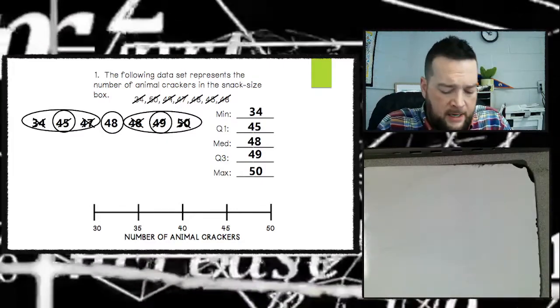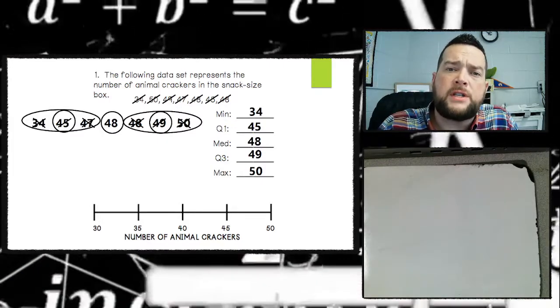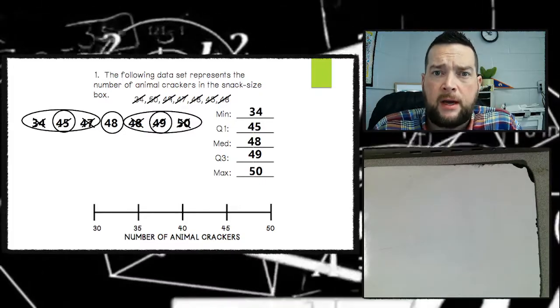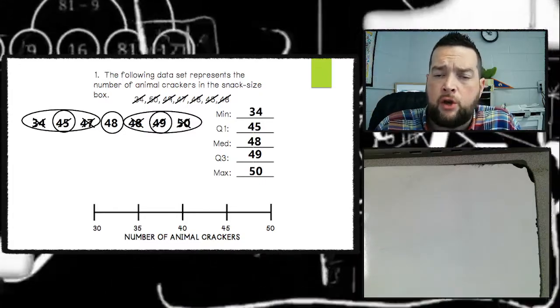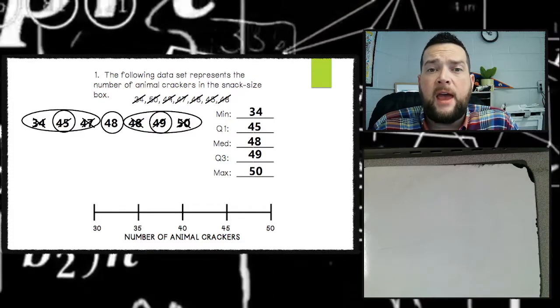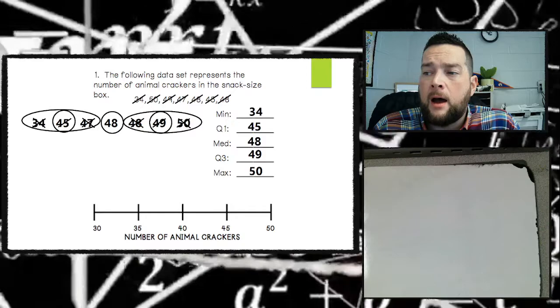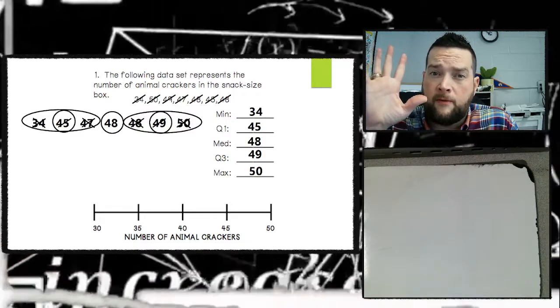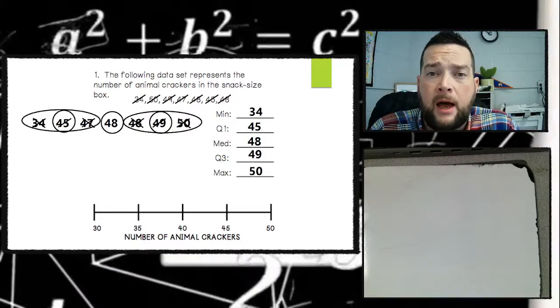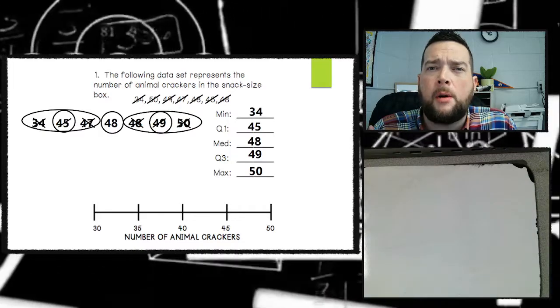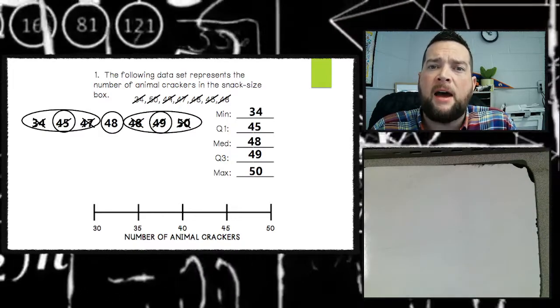So when you're making a box and whisker plot, the very first thing you want to get is your lucky mucky guy. You want the least, Q1, median, Q3, and greatest. Then you're going to take those 5 numbers, all right? I said then, hold on, before the 5 numbers, make yourself a number line. Before you start trying to go and make a box and whisker plot, you have to make a number line,